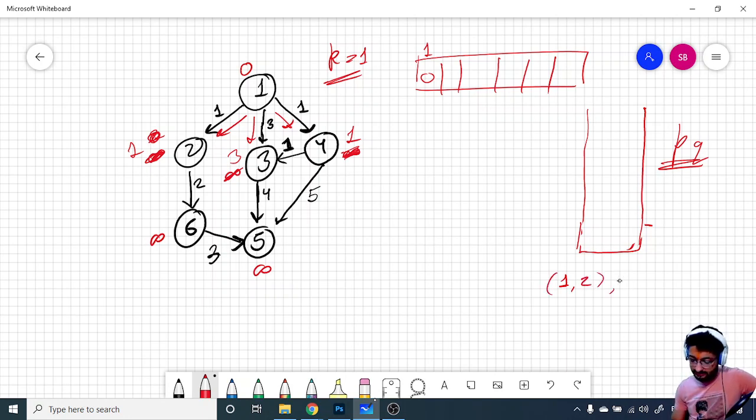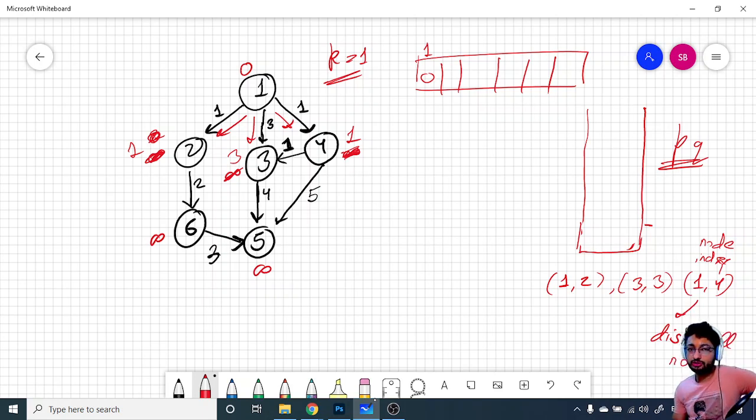This node has distance 3 and node 3, and this node has distance 1 and the 4th node. This is the node index, and the distance till now.